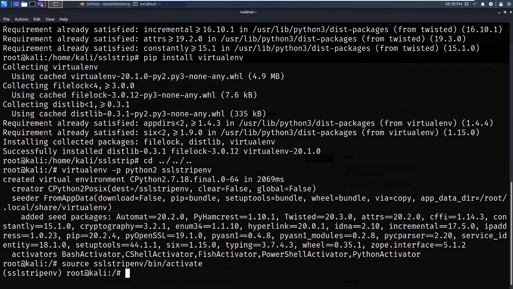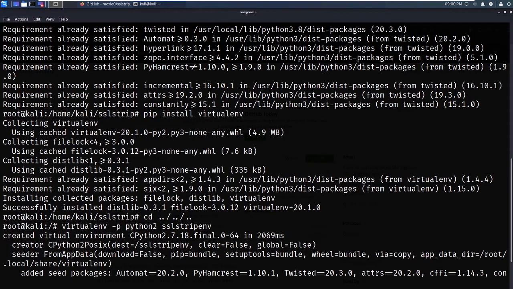If you want to exit this virtual environment, just type deactivate and press enter. But for now I am continuing in this for further installation.